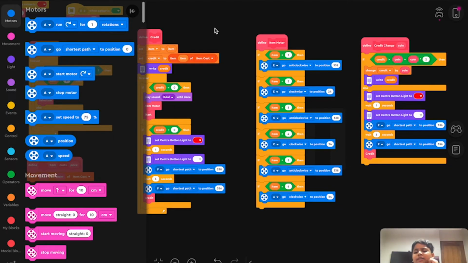So for example, if we know integers, minus 5, how do we get it to 5? We add the double of that number. So we add minus 5 plus 10, that gives 5. Credit is greater than coin plus coin times 2. So now there is a mistake. Can you guess why? Because minus 5 plus minus 5 times 2, that means minus 5 minus 10, which is minus 15. So that will be totally true every time.